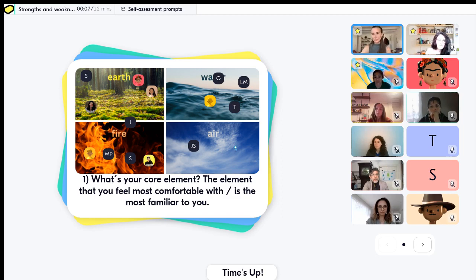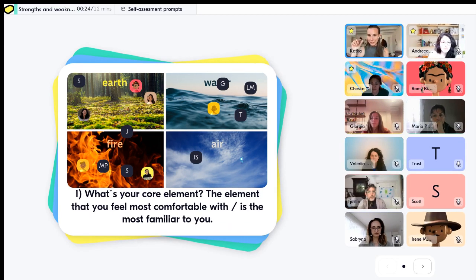So what we are going to do now is that I will send you to the breakout rooms with Andrea's help, according to the element. So you will be put together with people who have the same core element as you. We will have a group of fiery people, a group of earthy people. I know there was one person who is an air, but Andrea can go with you, so you will not be alone. And in the breakouts, you will have